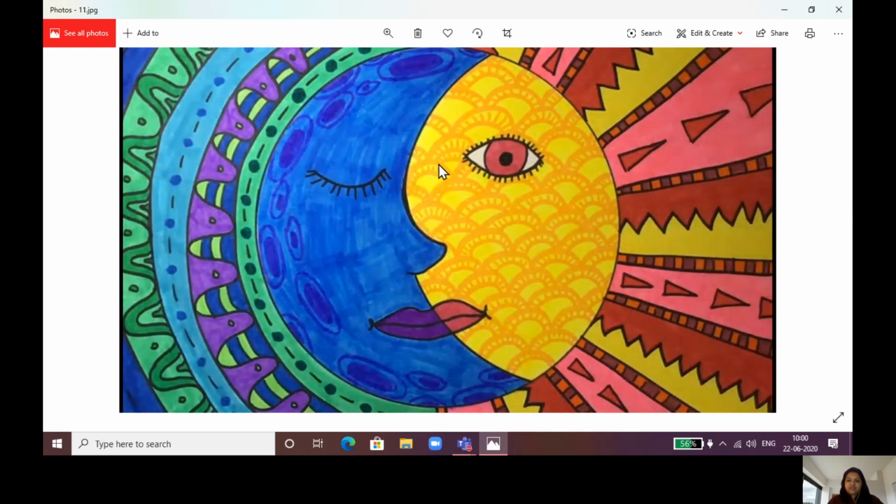Because I have given texture to the sun face, I have added some little part over here also. This texturing is completely optional and these patterns also are completely optional, but I will suggest do add it because it will beautify your artwork and give it a good creativeness.